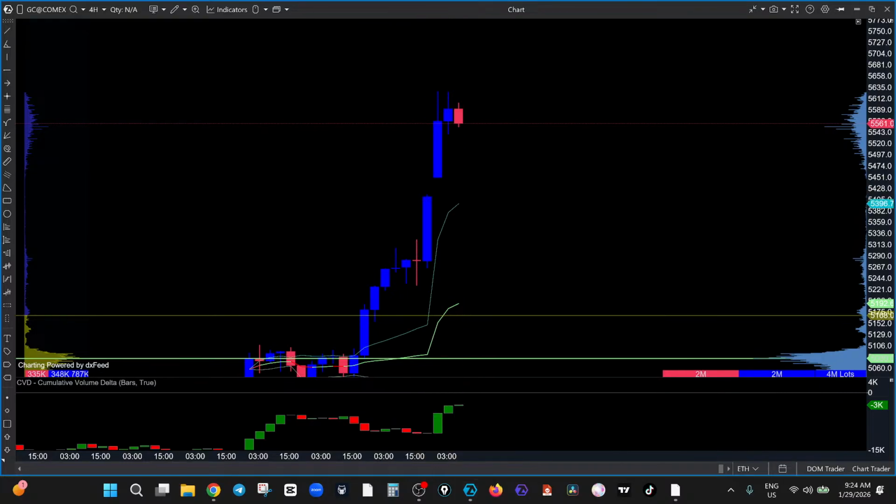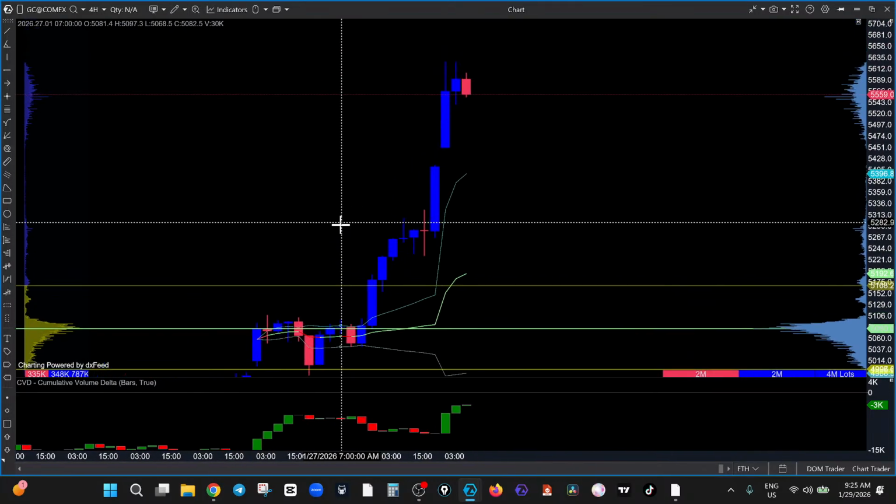Let me use the writing tool. There's a gap here. Okay. Close to the VWAP. This is the VWAP. Okay. So if price comes here, it makes sense to buy here. That's one confirmation. Number two confirmation is